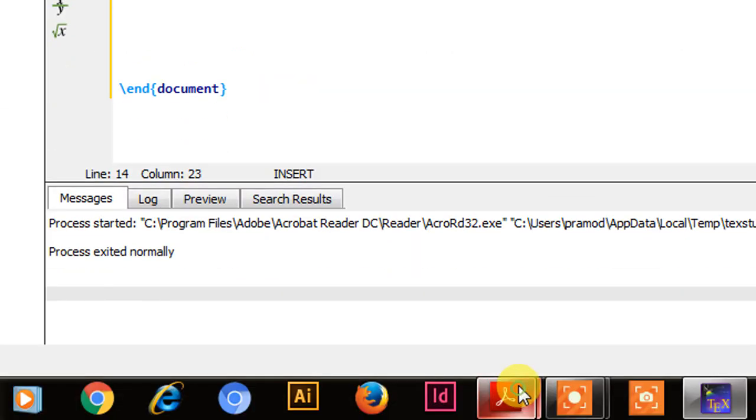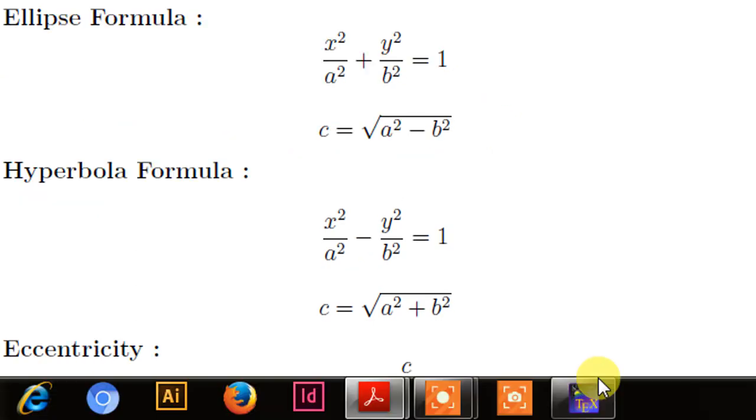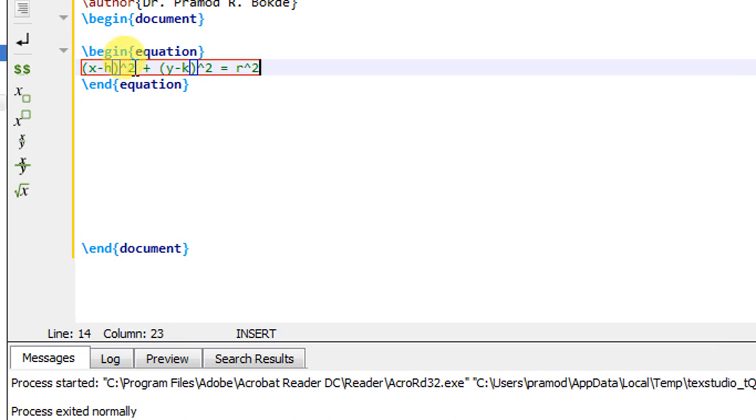In this formula we have seen that there is only one character in the superscript, that is 2. Here also there is only one character in the superscript. So in our formula we need not give the curly braces. In the last video I told you that when we have more than one character in the subscript or superscript, that needs to be included inside curly braces. But that is not the requirement for this equation, so I am not going to put the curly braces here. If you put the curly braces here, it will not give you an error. Still it will produce the same result. So that is up to you whether you use the curly braces or not.